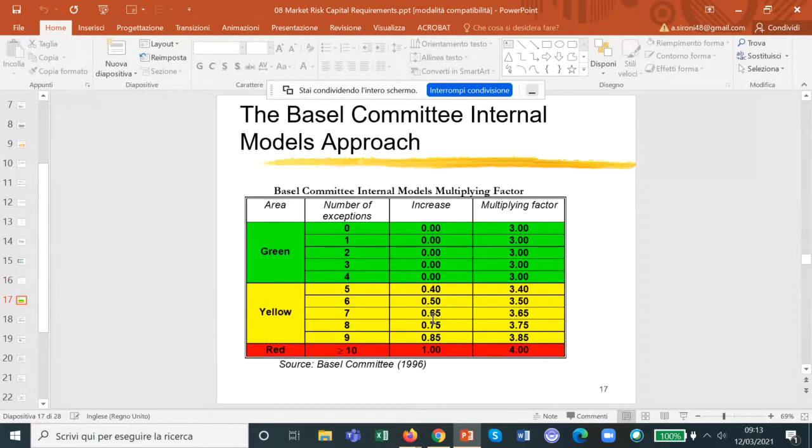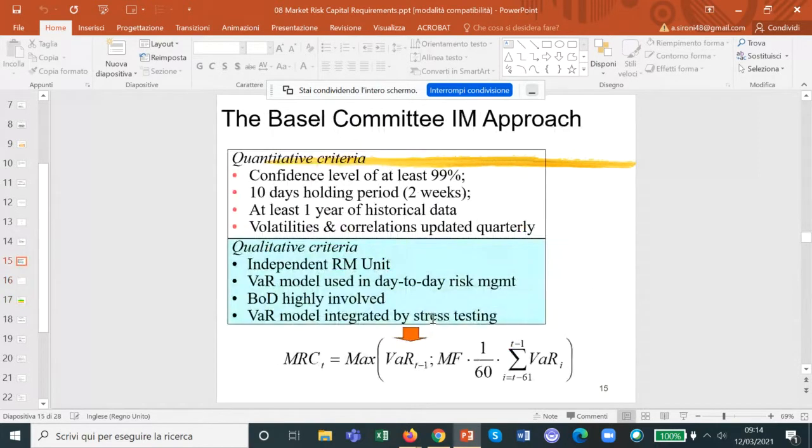Now, why, you would probably ask, why 3? Well, that is something that the Basel Committee did not explain. They simply said that there is the need of a multiplying factor because value at risk models are often based on assumptions which are a bit unrealistic, because value at risk models do not capture liquidity crisis for a number of reasons. But basically, the relevant function is this equation you see here.